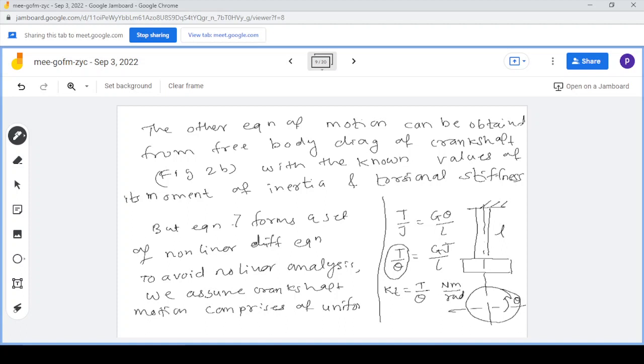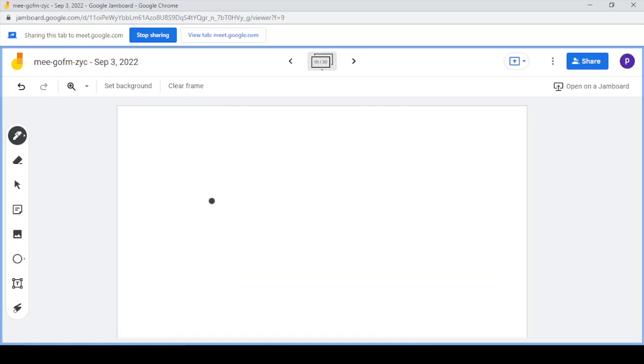Now, what do you mean by uniform motion? Having the constant angular velocity n0, right? So we are assuming that the crankshaft is having an angular velocity n0